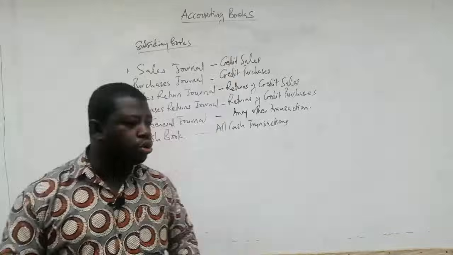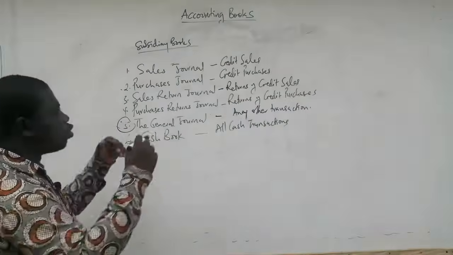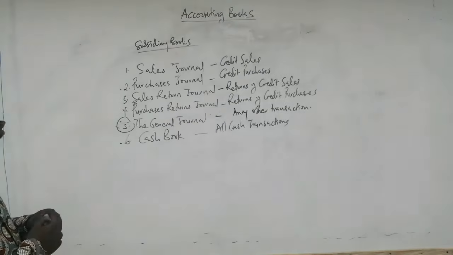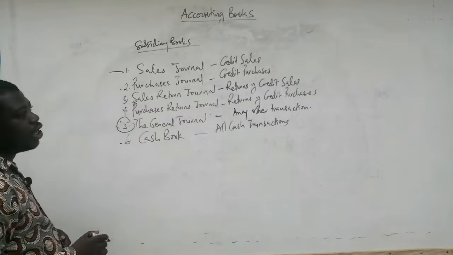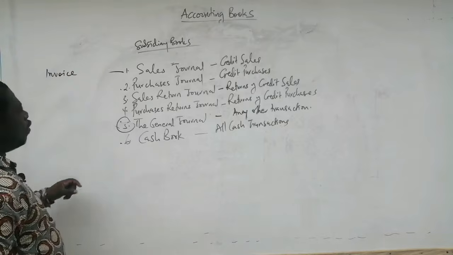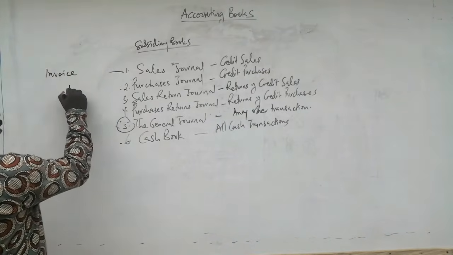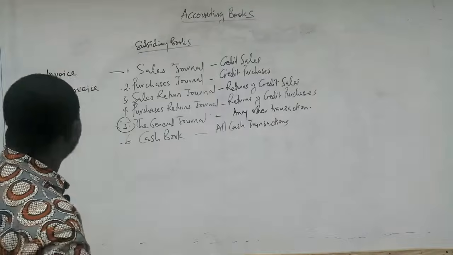And so what I want to do for now is to just quickly or briefly list one or two source documents that are in at least one each for them. Now, the source document for recording in the sales journal is the invoice. Now, for the purchases journal, it is the invoice as well. Now, take note that